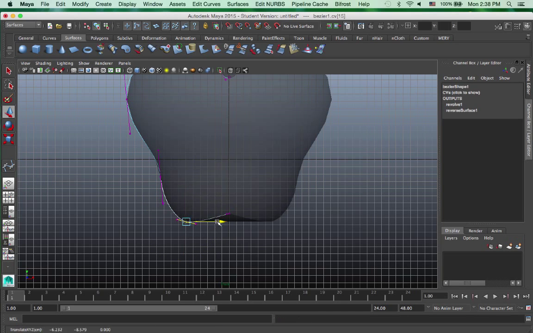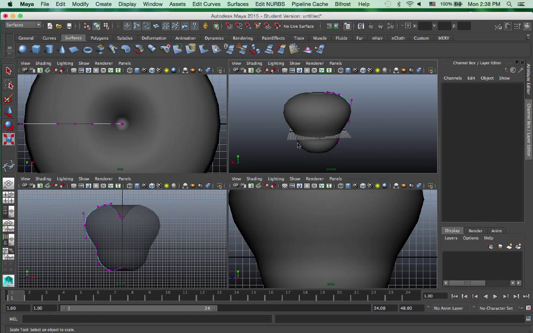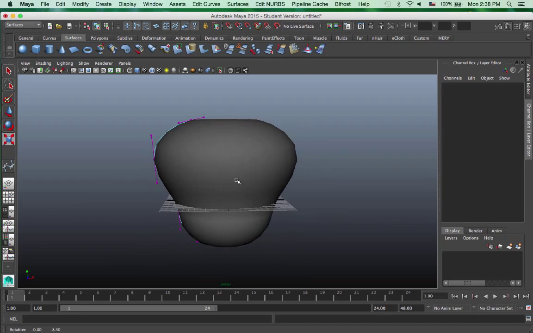Once we're happy at this stage, we can go back and turn on Select Surface Object and further edit this 3D geometry without only editing the curve.